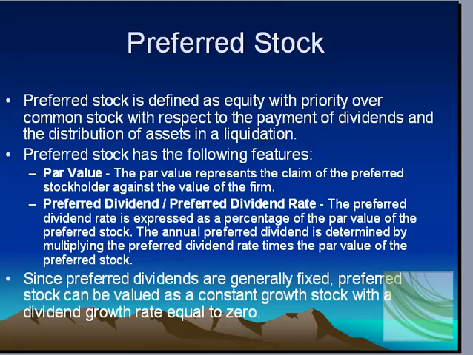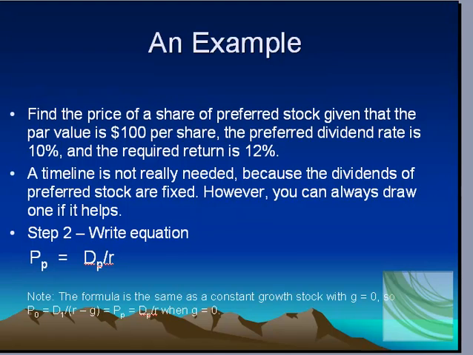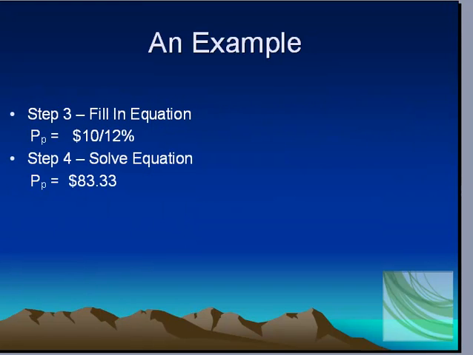Preferred stock is another type of stock that has a par value and a preferred dividend rate, and they're generally fixed. Preferred stock can be valued as a constant growth stock with a dividend growth rate equal to 0, so it becomes essentially a perpetuity. Find the value of a preferred stock given the par value is $100, the dividend is 10%, and the required rate is 12%. You take the dividend and divide it by the required rate of return. It's the same as the constant growth model, but g is 0, because that's a constant return on the stock, so it's a zero growth model. So 10 divided by 12%